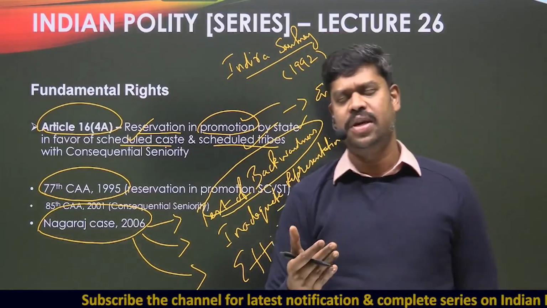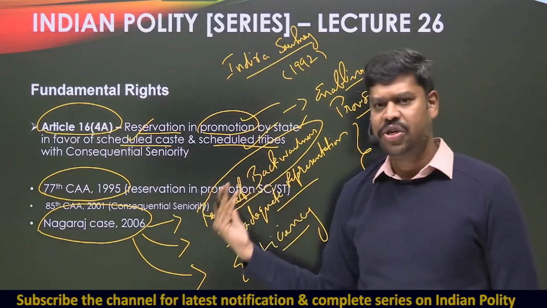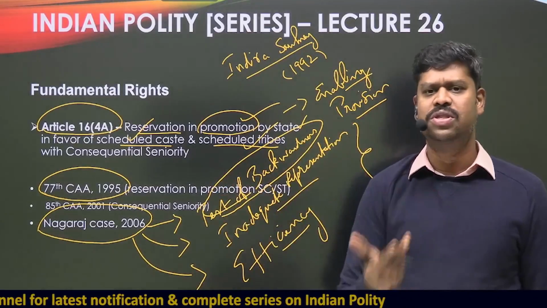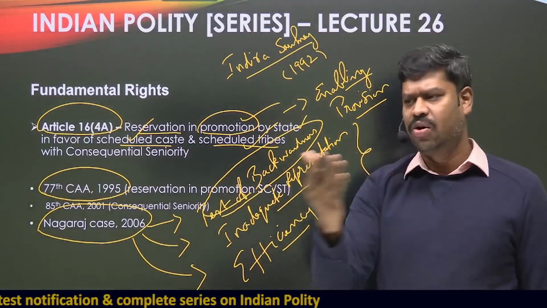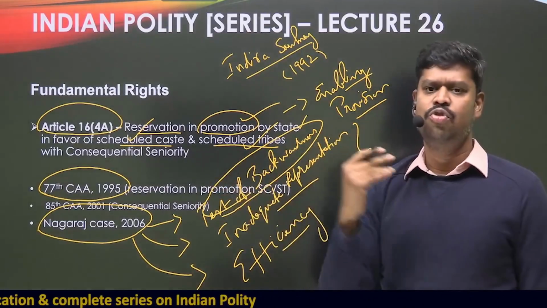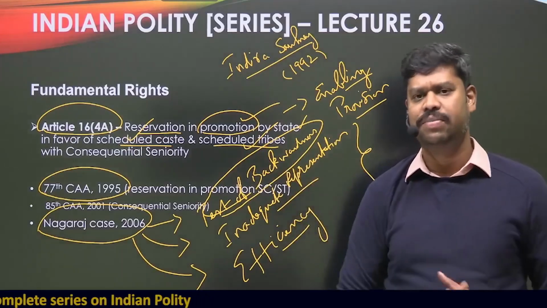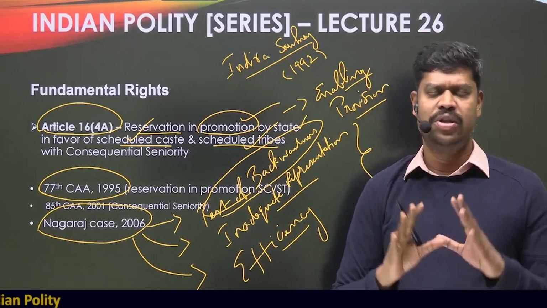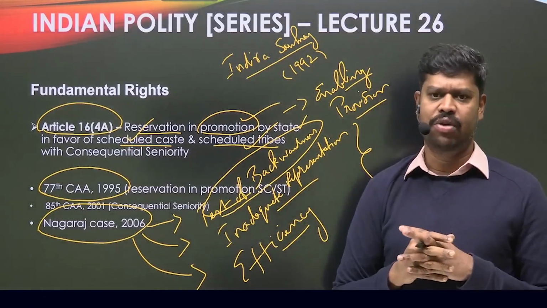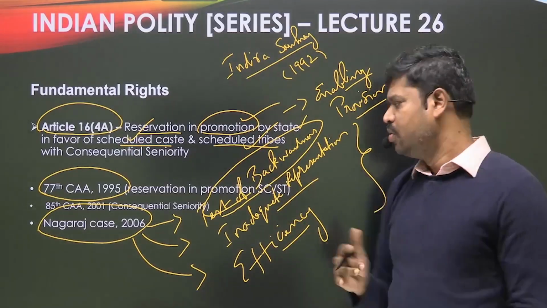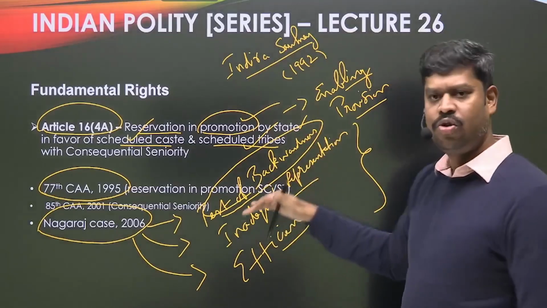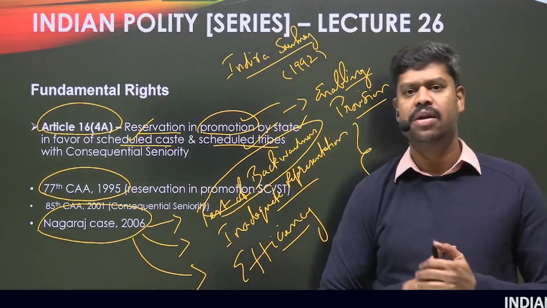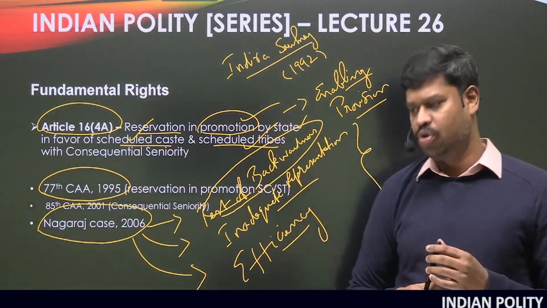The Supreme Court said, see, the scheduled caste or the scheduled tribe community is not a heterogeneous, it's a homogeneous community, which means that they all belong to the same group of people, or they are backward to the same extent, and hence they are historically exploited and backward. So there is no need to do any test of backwardness, that is not required. So apart from the test of backwardness, the other two conditions are to be satisfied, that is inadequate representation and the administrative efficiency not to be compromised.